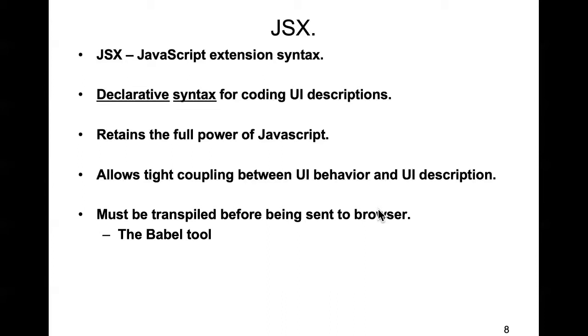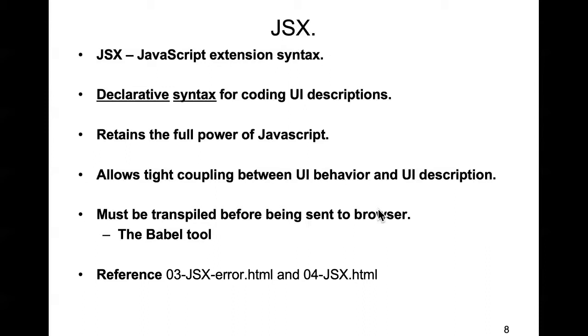and you've probably heard of the tool already. It's called Babel. Babel will convert all our JSX back to the kind of JavaScript that we've seen so far. It'll do that for us, so we don't have to worry about it. So the net effect is that we can write UI description code using this HTML-like syntax called JSX instead of writing it the way that we've been doing it up to now. And to illustrate that, I have two files,